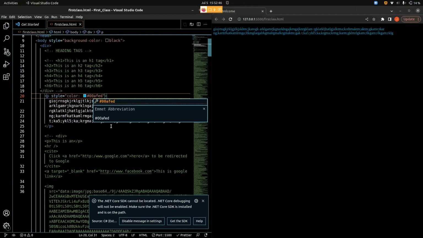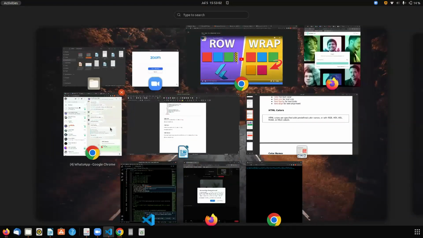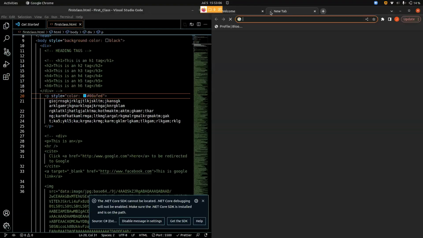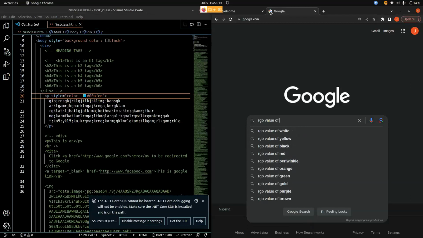So if we go online, in our browser we can tell Google to convert our RGB values to HEX values. It's going to do this, or if we need our RGB values, we can get them. Okay, now let's check this out. Let me go to our Chrome and google.com. So if I say RGB value of white,